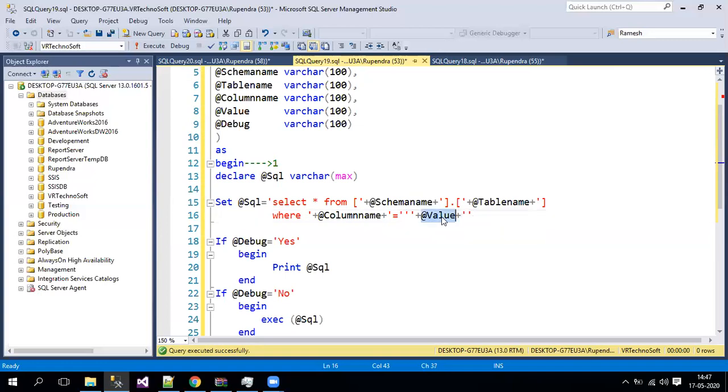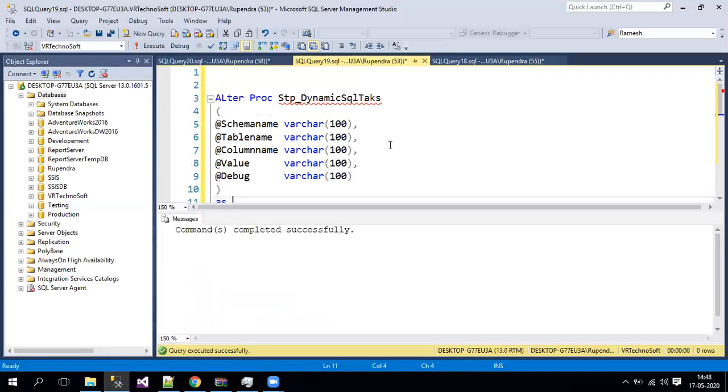For variables you should not directly keep the single quotes. You just need to add plus and then concatenate. If you see till here, all the quotes we are keeping, begin and end, are fine, right? But for these two things, I just keep double single quotes here and double single quotes here. Now for my value, whatever character value we are passing, it will append one single quote. And we'll see now whether it will give the data properly or not.